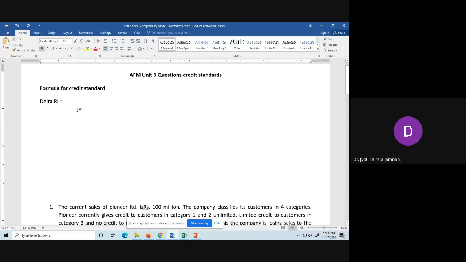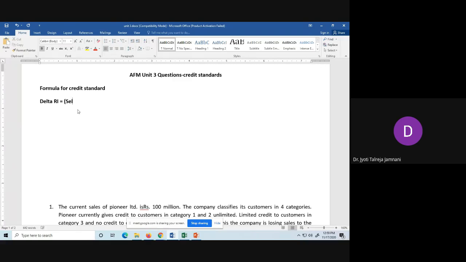Delta RI is equals to, what is delta? Change. Correct, change. Change in residual income. RI is the residual income. So delta RI is nothing but change in the residual income, which is equal to